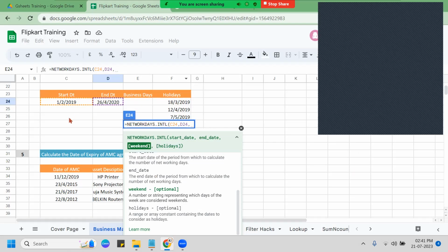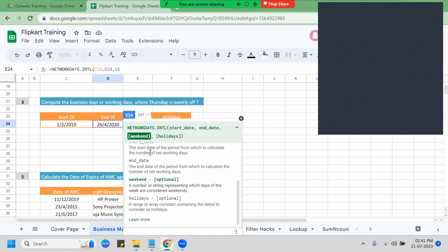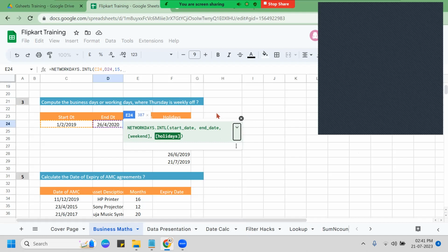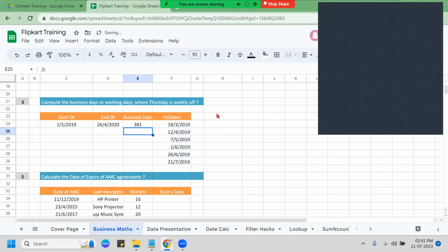So when I'm not working on Thursday over here, what should be the answer for weekend? Should be giving 15. Now, once I get 15 over here, it demands me the next, the holidays. So where are my holidays? Holidays is next to the data. So I can take this over here and we can go and compute the same for the rest. Now, the moment I hit enter, you could see the result is